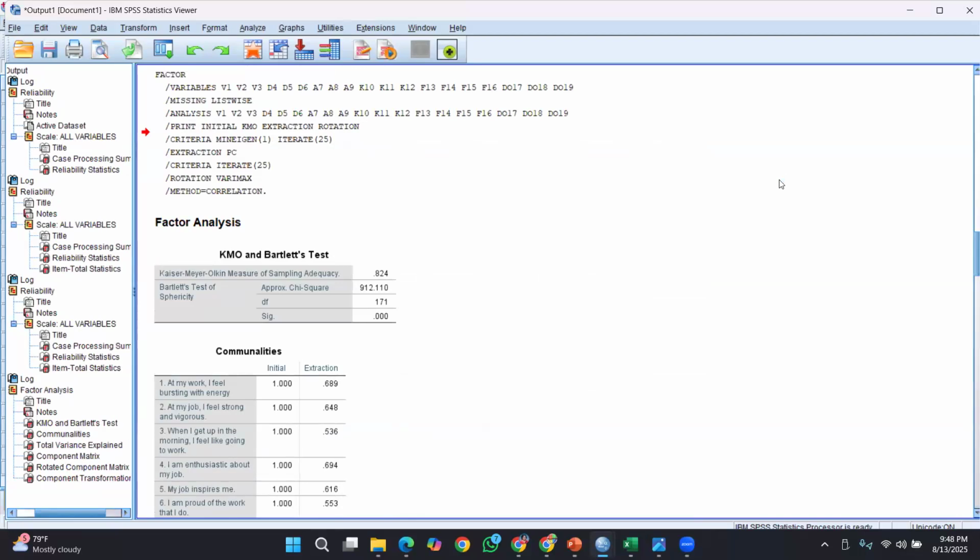Actually, these students are testing it, but I don't principally agree with testing sample adequacy using the KMO and Bartlett's test. Instead, I'm proposing you to obtain the correlation of these variables.